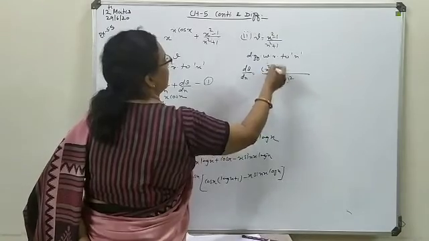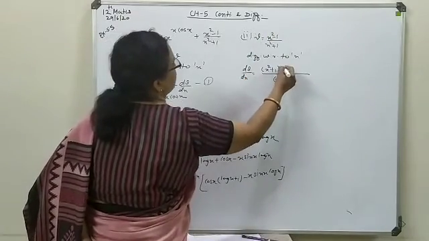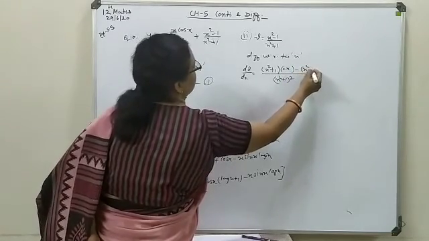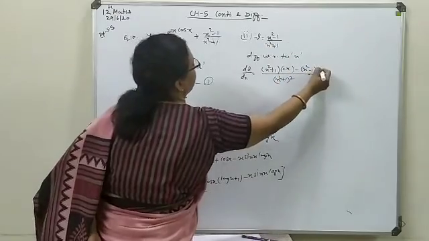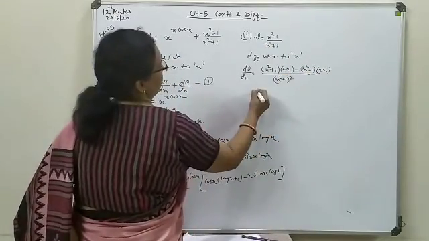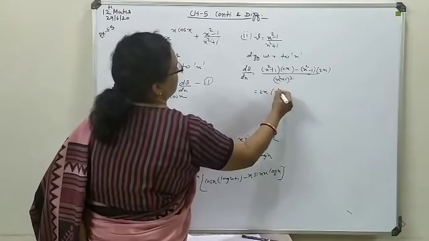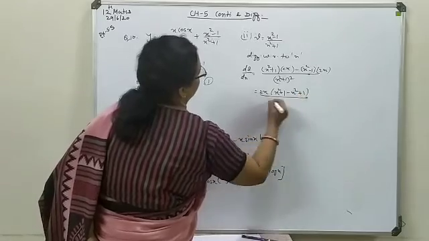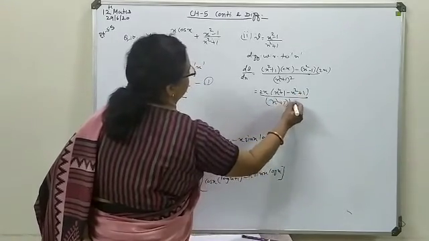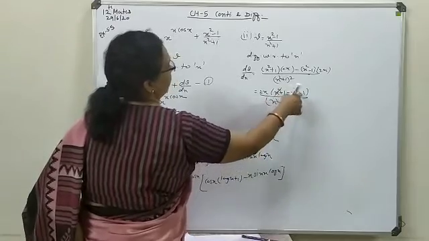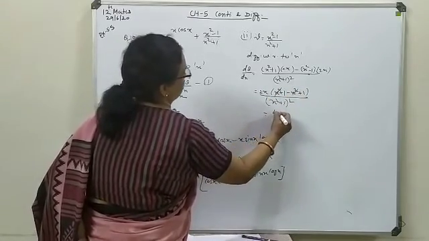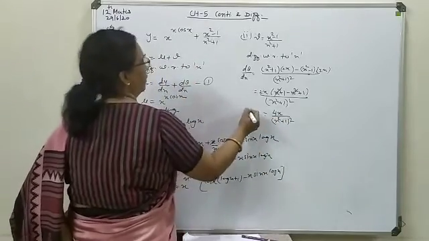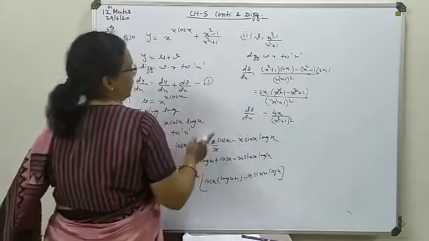g x you will write as such, differentiation of x square minus 1 means 2x, minus is compulsory, then x square minus 1 you will write as such, differentiation of this denominator is again 2x. Here 2x we can take common, so x square plus 1 multiply with the minus sign, so minus x square plus 1. This is x square plus 1 whole square. Now here x square cut, 1 and 1 2 already present outside, so this will be 4x upon x square plus 1 whole square. So this way your dv by dx will also be separated out.